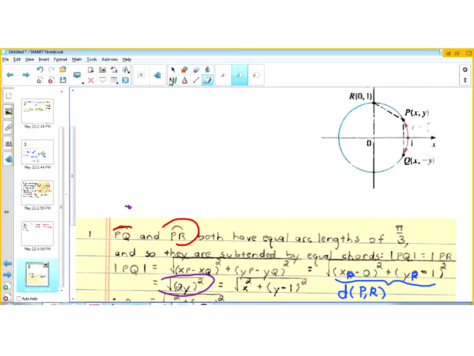And so it basically means that xp is this distance right here, so it's x, right? So we can replace xp minus 0 with simply x. All right, so let me write that here. We're going to simplify this. So xp, which is the abscissa,